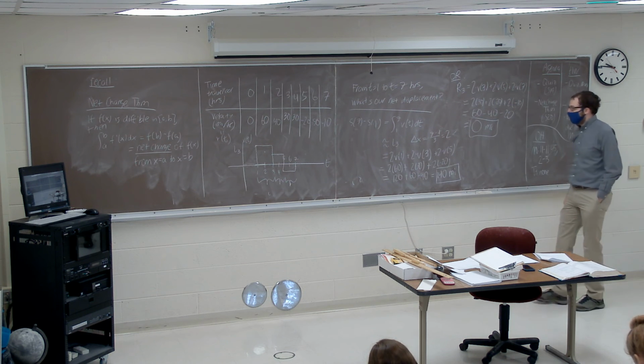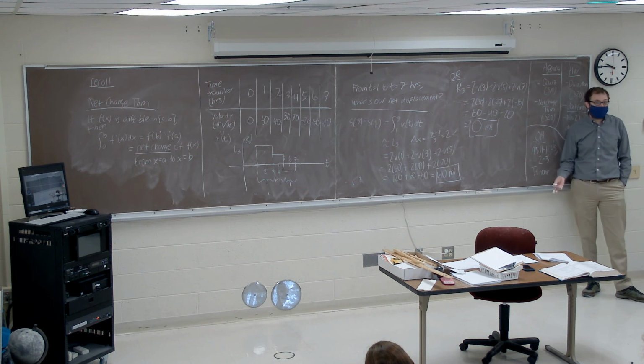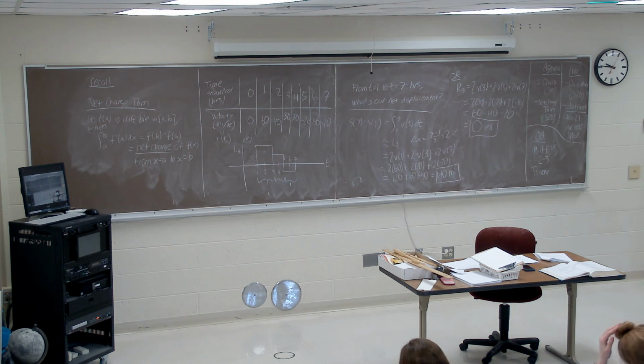Yeah, so with the right endpoint approximation, you could say it's going to be about 0 miles, meaning at 1 and 7, we've traveled about the same distance. Joseph, as our resident engineer in the class, if this is a real world scenario and you wanted to know how far you traveled, and I came to you and said, well, I think we've probably traveled more than 0 miles, but less than 140, would you be satisfied with that? Probably not, no, unless you really wanted some vague numbers.